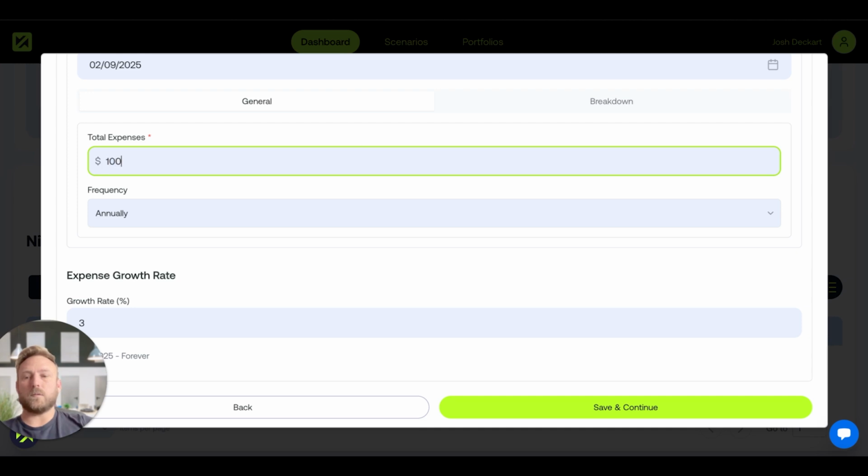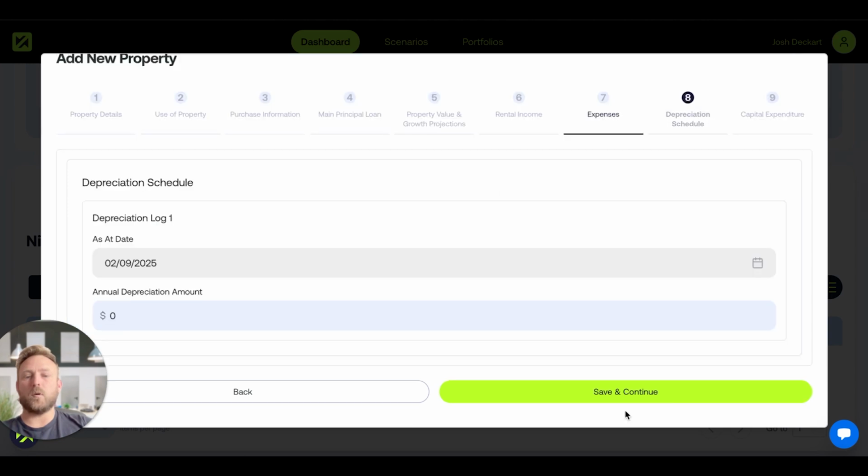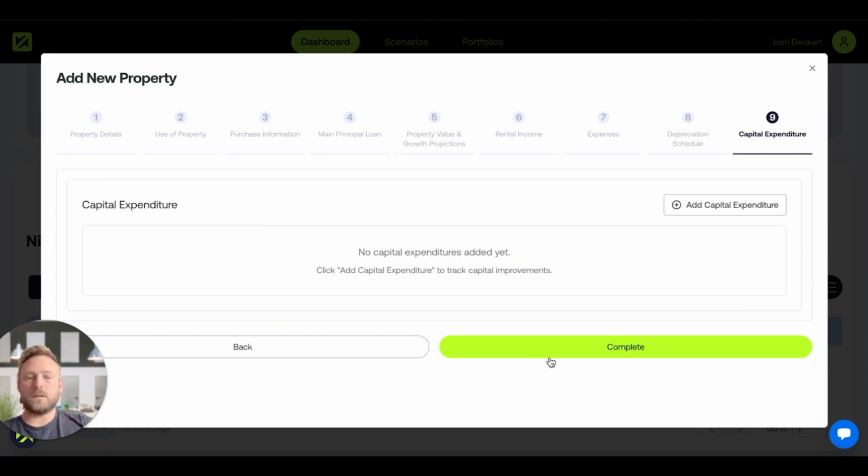Total expenses, we also know these. If you want to use a breakdown, you can use the breakdown as well and add them in. 10,000. The more accurate and more nuanced you are, the better the results. If you have a depreciation report, you can put in the depreciation as per the report. Save and continue. And now what we want to do is, if there's any capital expenditures that have been done,